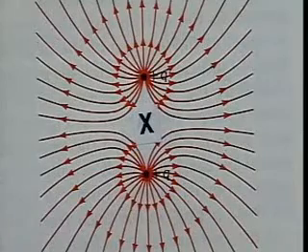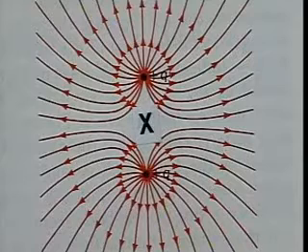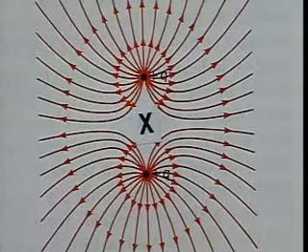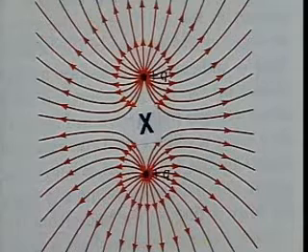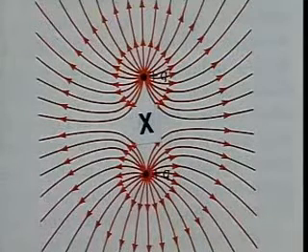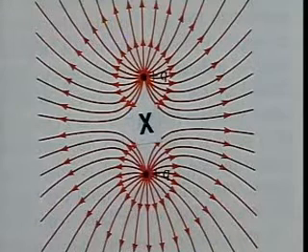This is the field between two positively charged particles. Now you can see that the lines are close together and they would tend to repel each other. Also note that there is a point marked X where the resultant flux intensity is 0, and this point is